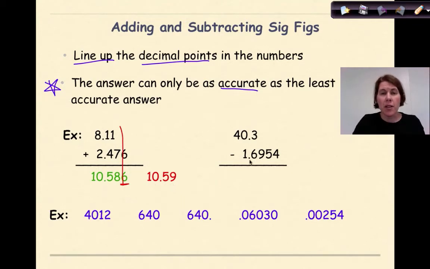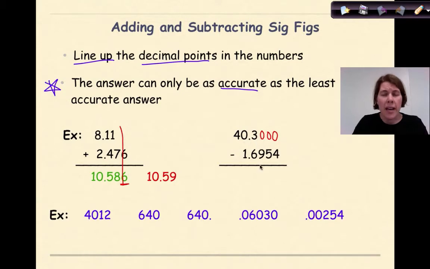Let's look at this other one. Now this is subtracting. Looking at the first number here, which is 40.3, we're subtracting 1.6954. Now the 1.6954 has a lot more decimal places than our initial number. There are assumed zeros here, 0, 0, and 0. But when we talk about the accuracy of this first number, we can only take it out to the first